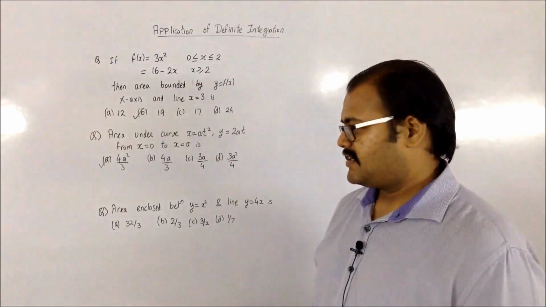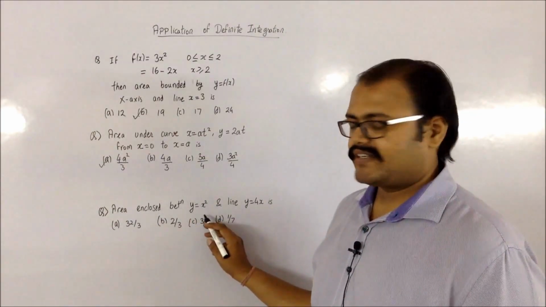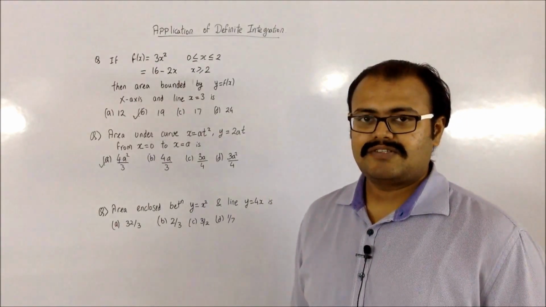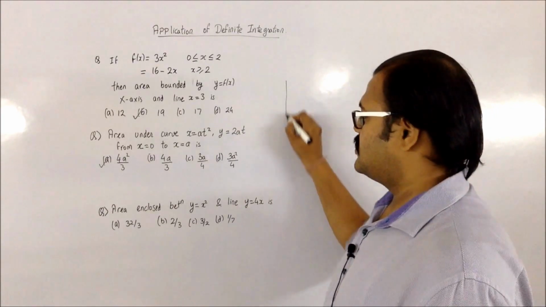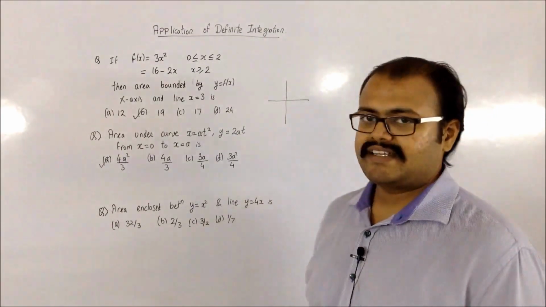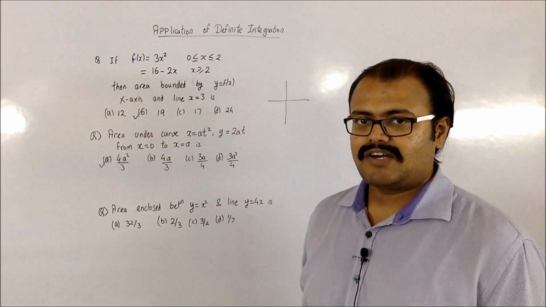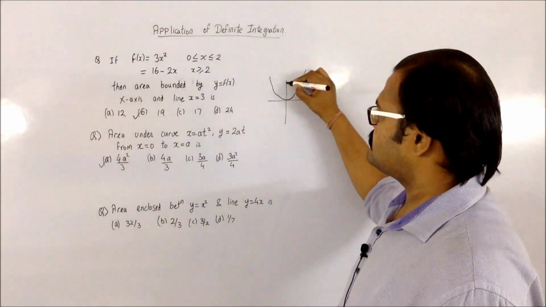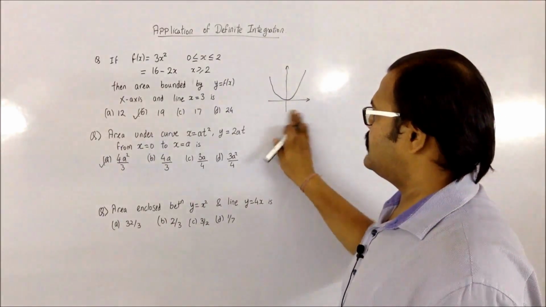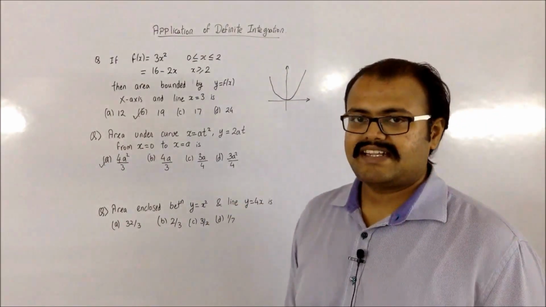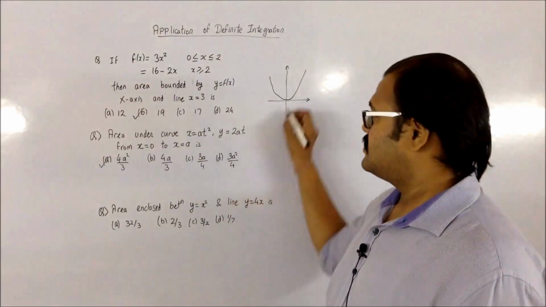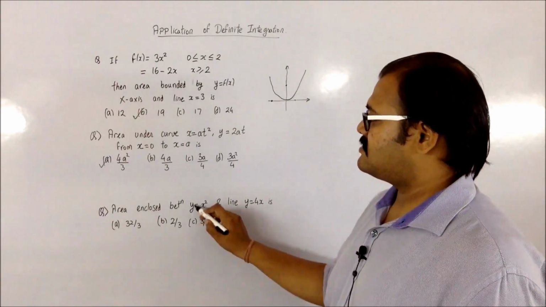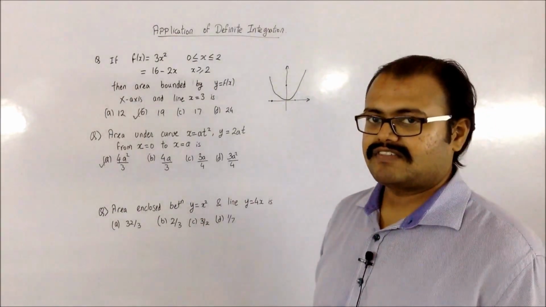Moving to the next one, you have the area enclosed by y is equal to x square and the line y is equal to 4x. Now in this question, it is advisable for you to draw the graph. So your y is equal to x square is a parabola. Now y is equal to x square means it's going to be the upward facing parabola. Now how to remember it? Since you are having x square, that means it can take two values of x. So you have two values of x for a single value of y. That means if your y is 1, it will give you a single value of y.